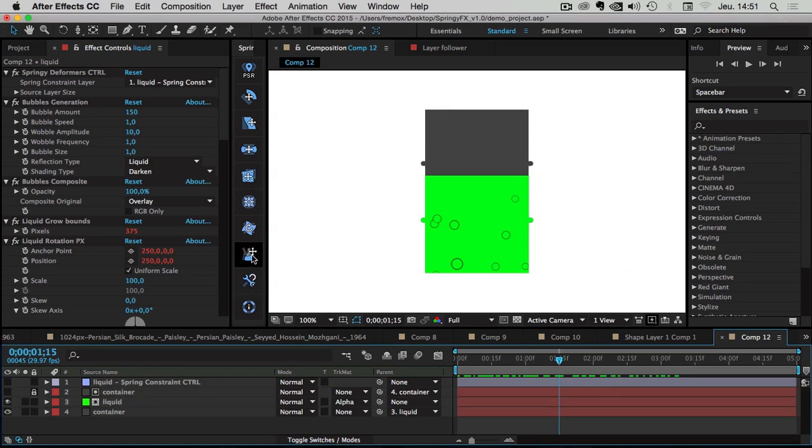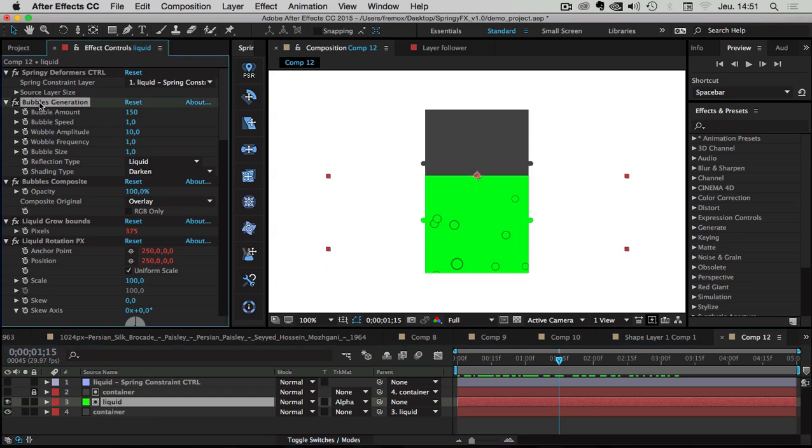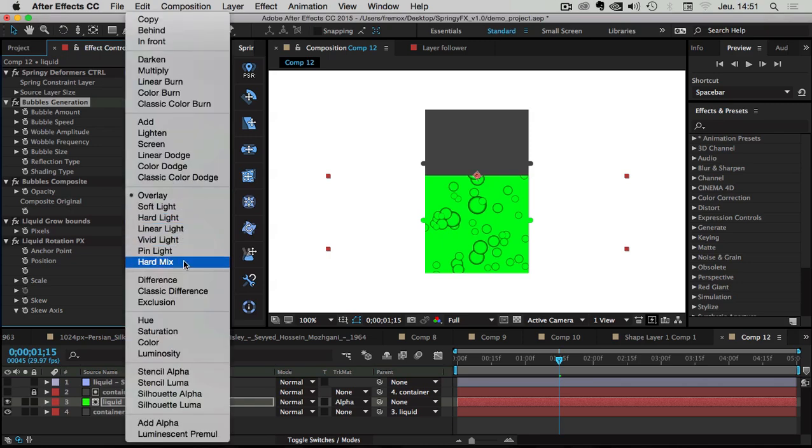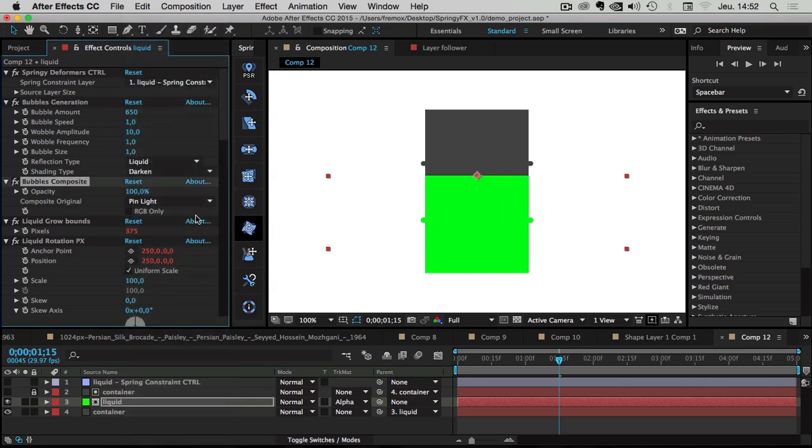Since you have held Shift, it has created a bubble generation here and a bubbles composite effect just here. Okay, it's pretty cool. So you can play with the options to add more bubbles if you want to. You can play with the composite on original